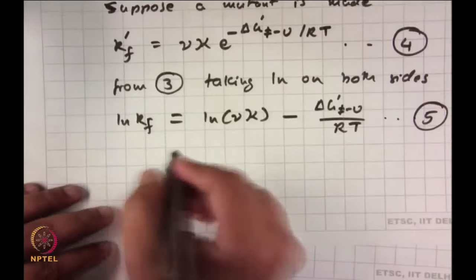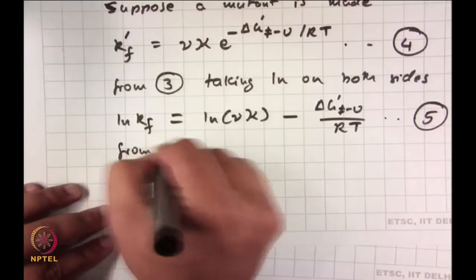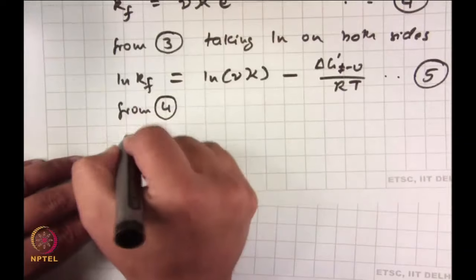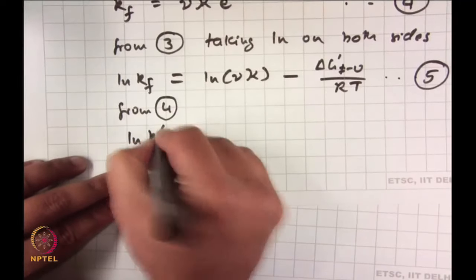Then what we can also do is from 4, what we have is natural log k f prime is equal to